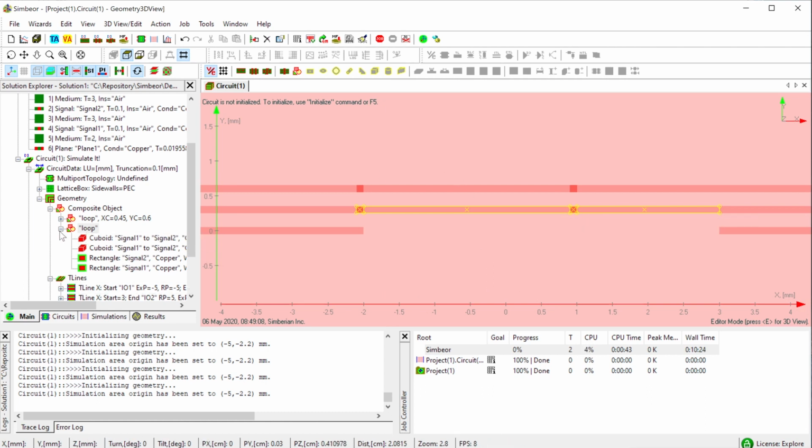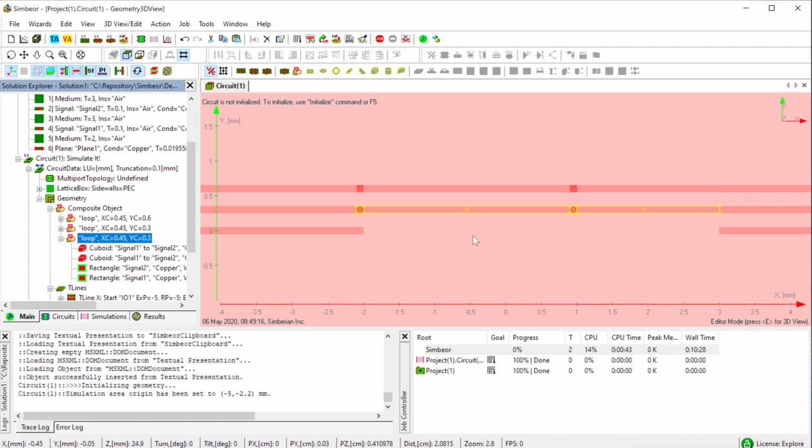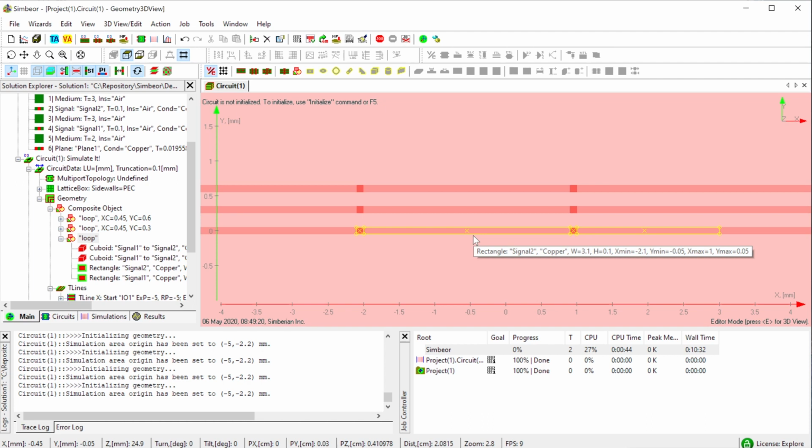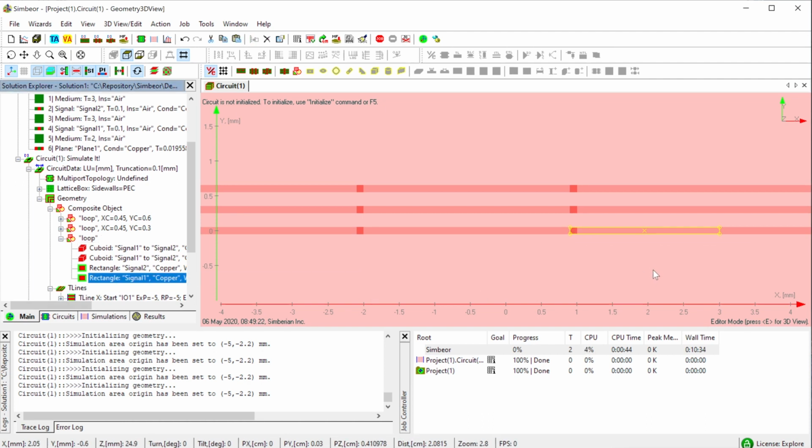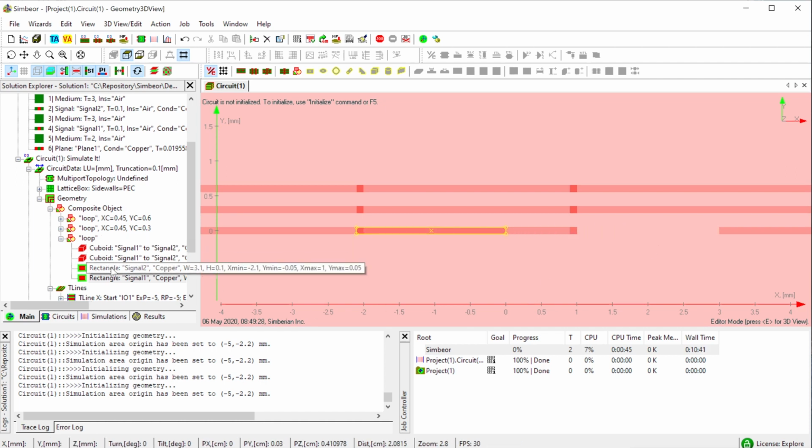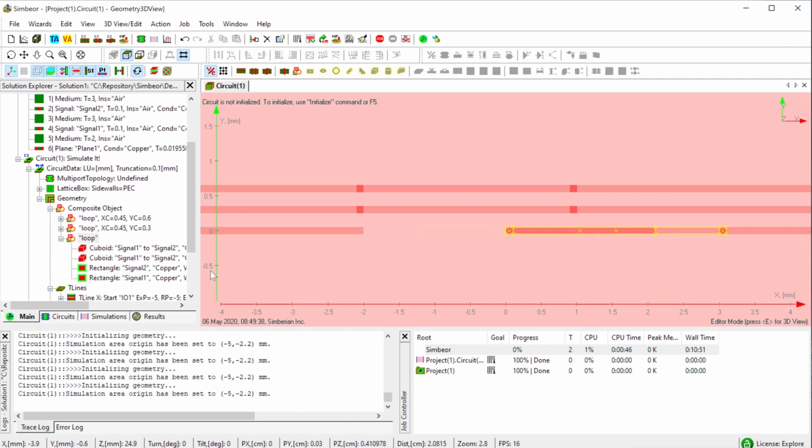Now I need another loop, Ctrl C, Ctrl V, and I move it right here, but this time this rectangle on this side should be on the other side, so I just use arrows again to move it right here, and well, I need to move the whole loop right here, and again select this rectangle and move it further.